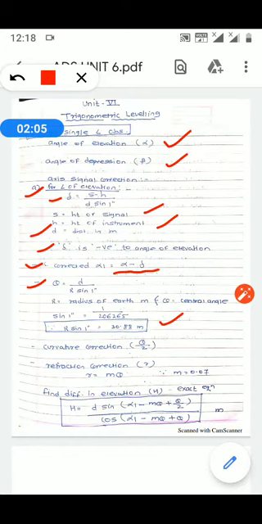Now next step, to find out the curvature correction. Curvature correction is nothing but theta by 2. Then next formula, that is to determine the refraction correction. Refraction correction is nothing but your small r. To determine the value of small r, again we have a very simple formula, that is r is equal to m theta, where m is 0.07, which is the standard value for m.